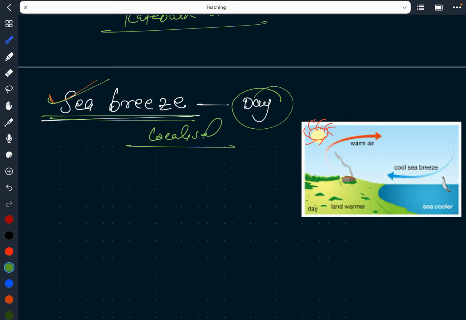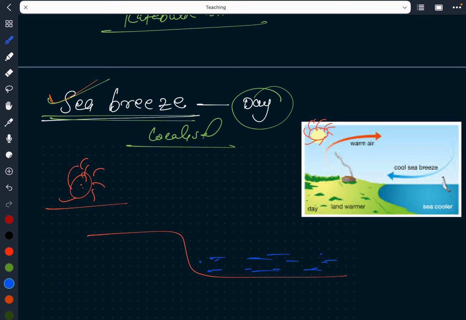Now, what happens during daytime? During daytime we have sun rays. These sun rays will try to heat up both land and water. From physics you come to understand that land gets heated very fast, while water takes some time to heat up,